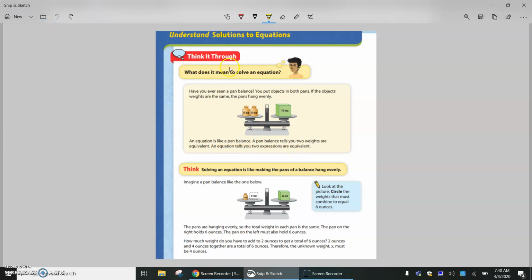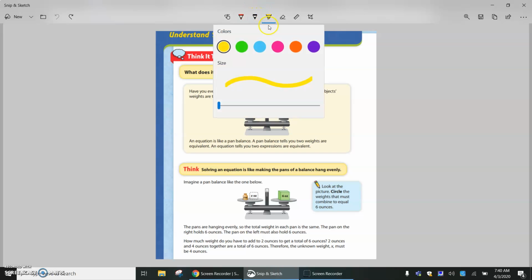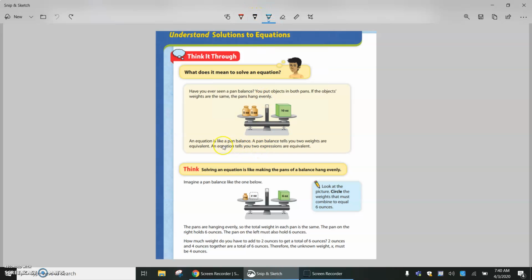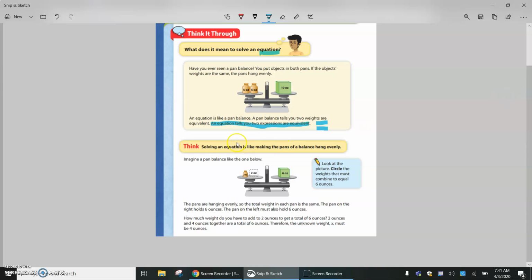And what does equivalent mean? Who remembers? So equivalent means equal. So there's that equal sign, right? That's the focus of an equation. It's equal. What is it equal to? So you should think of solving an equation like making